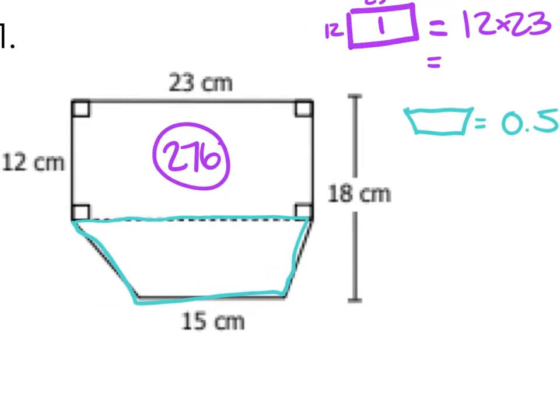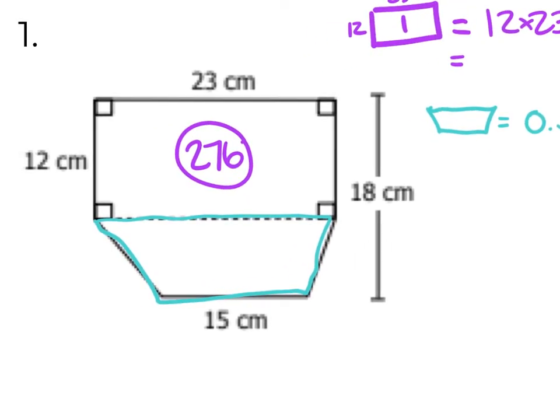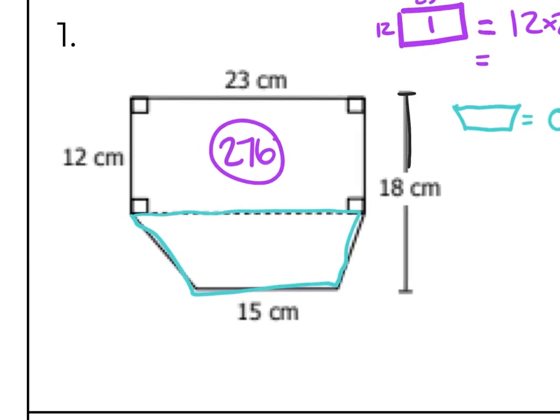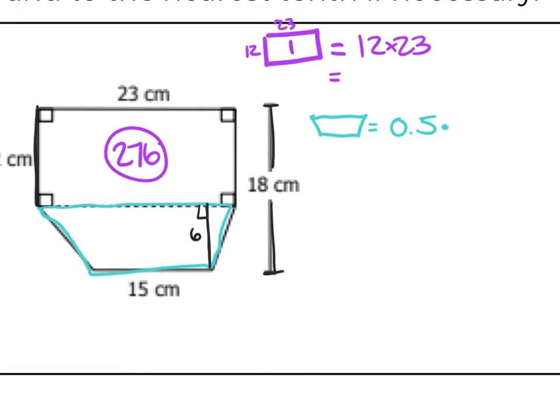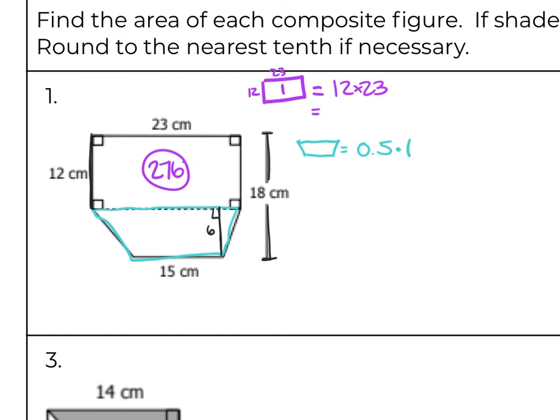Do I have the height of that trapezoid? Right, you need to subtract. Good. So the whole, look close here, please. The whole side is 18. If this over here is 12, how do I find this height? Subtract 12 from 18, which is going to be what? 6. Does that make sense how to find that? You have to find that missing part. So I'm going to do half times the height, which is 6,